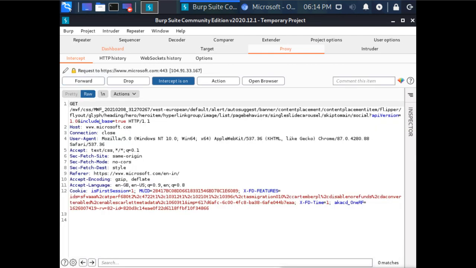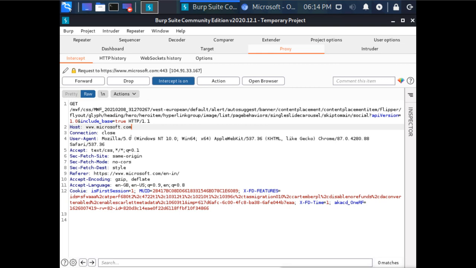Now you see the other information. I am trying to search Microsoft.com. Connection is closed. What is this information? You can check this information to get some important details here. It is grabbing all the requests going from my browser, intercepting those requests, and showing them here.